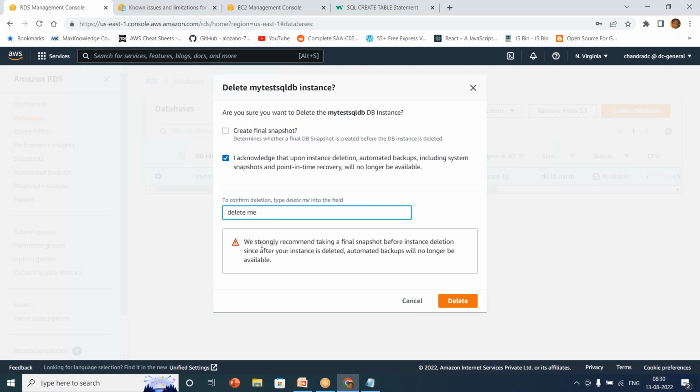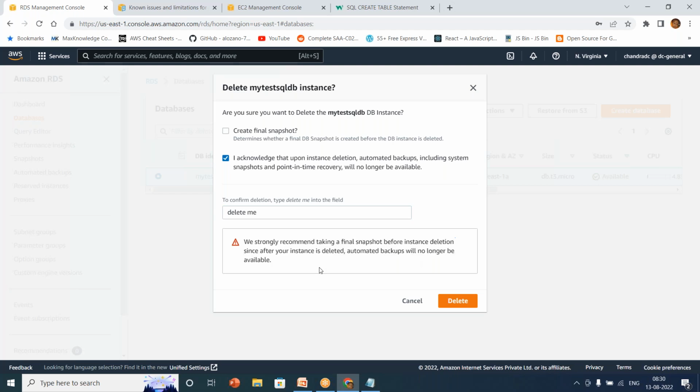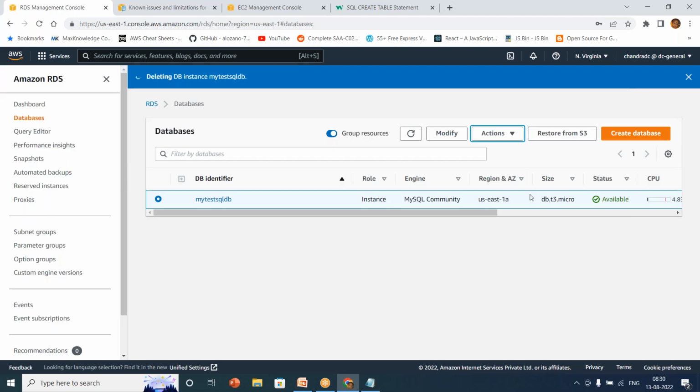And this is the recommendation given by AWS, saying we strongly recommend taking a final snapshot before instance deletion, since after your instance is deleted, automated backups will no longer be available. Okay, so this is just to make sure that you are aware of this. Click on delete. Again, just like our creation, deletion will also take some time, but please make sure your RDS is deleted. If it is not, it will incur some charge. Okay,